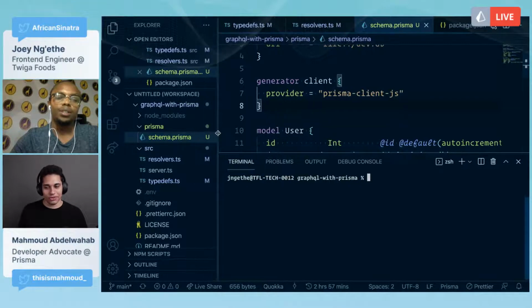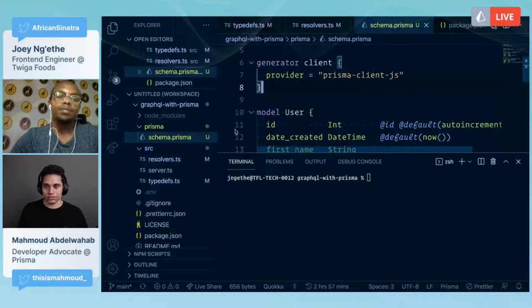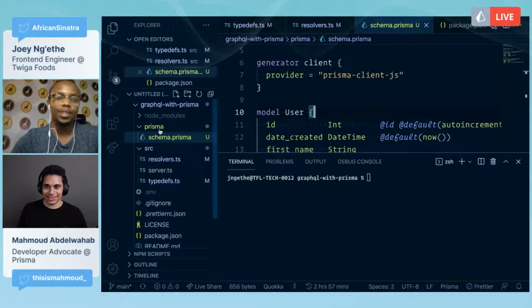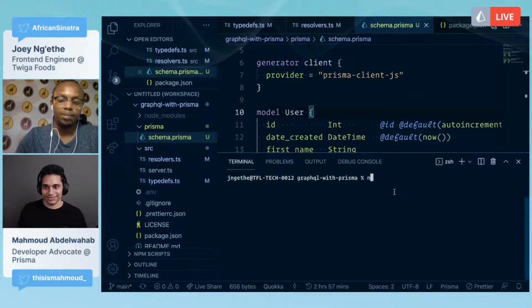So let's write our resolvers and send a Prisma query to see what happens. Yeah, but right now it will definitely fail because we don't have our DB. It's clearly not here, so I think it will fail. So I think let's just do it. Yeah, sure. You can do npx prisma db push.